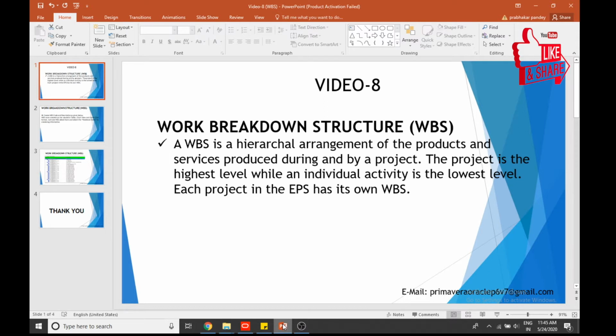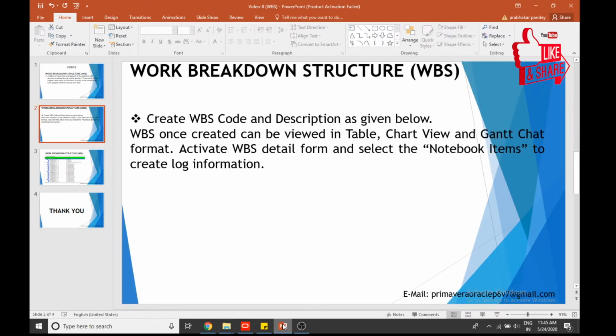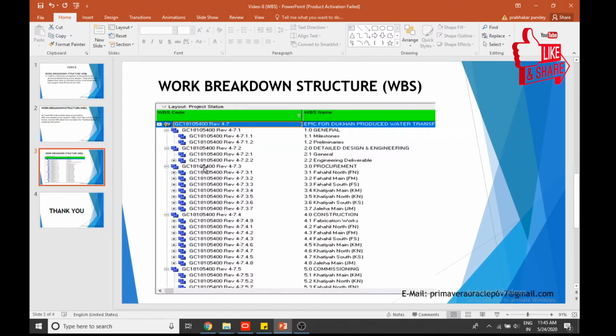You have to understand this WBS because it is very important while creating any project. Each project in the EPS has its own OBS and WBS. You have to create this WBS also. To create a WBS, code and description are given as below. Here we have some WBS, like for a project for a photo transfer form: general, milestone, preliminary, detail engineering, design engineering, deliverables, procurement, then construction, then commissioning.